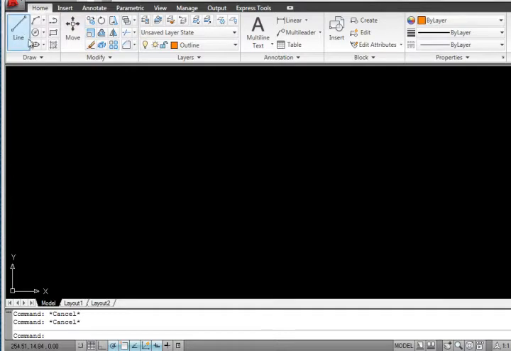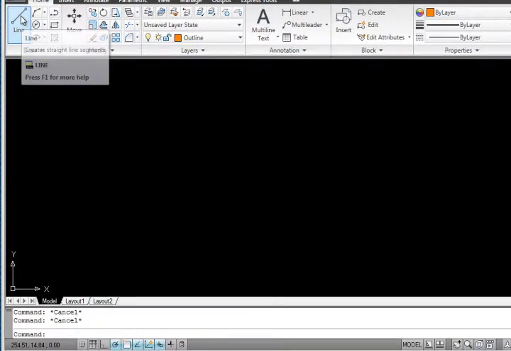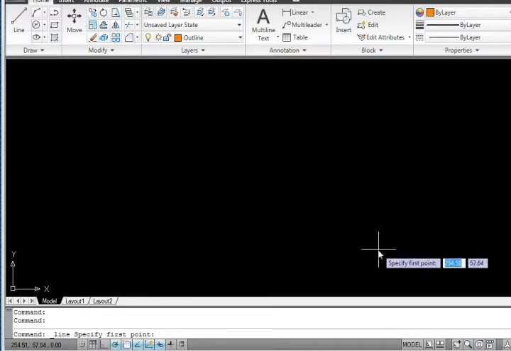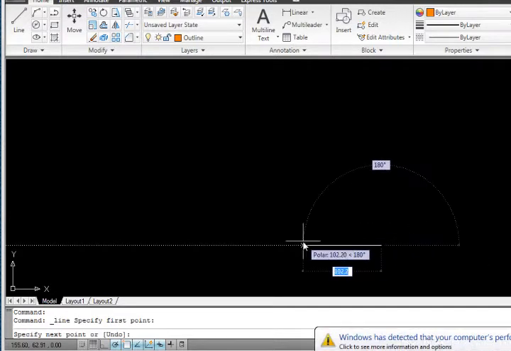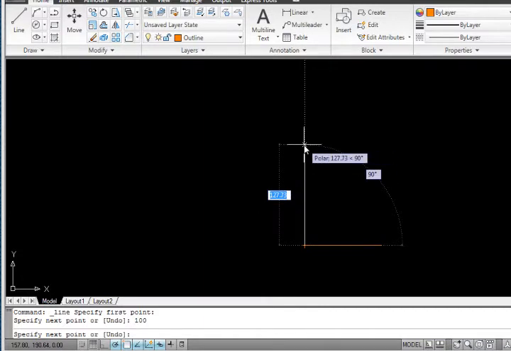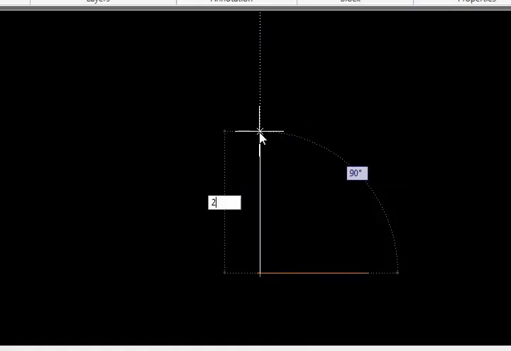So I can go to line command. I click on the line command and I'm starting on the right hand side of the screen and working towards my left. I'm dragging this time to the left hand side and I type 100, enter, and then I lift the cursor up and type 200, enter, enter. Now this line I need to offset